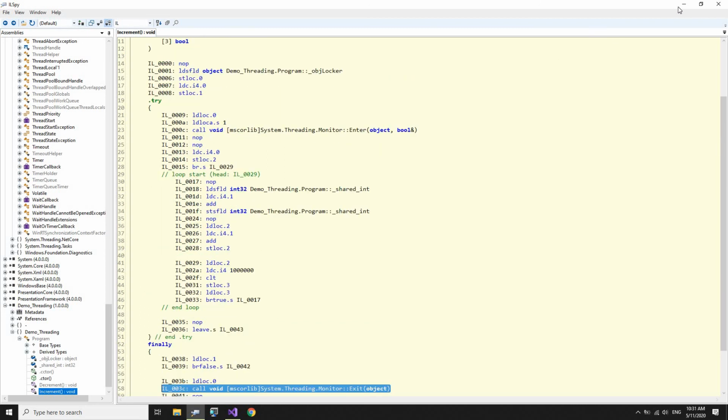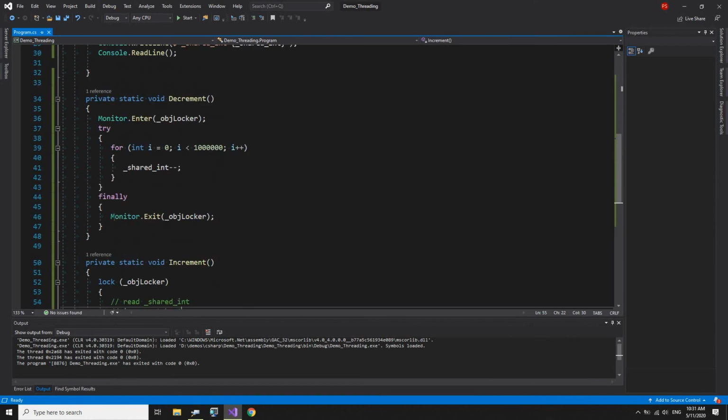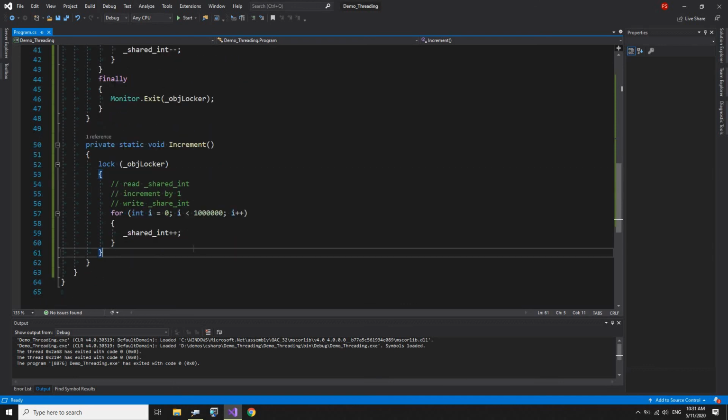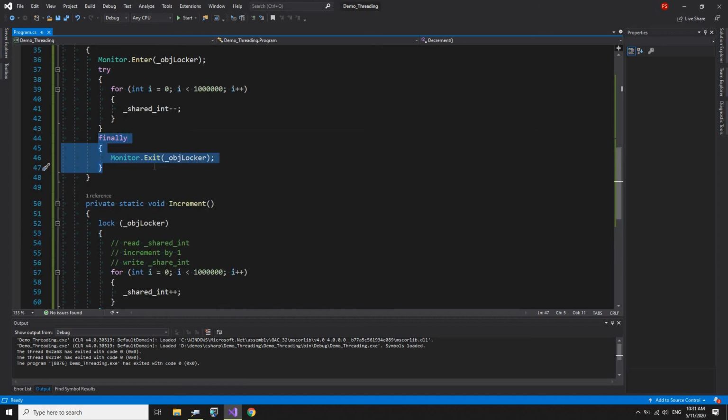Let's say we had it like this and there was no finally, and the code in the try block throws an exception, then we are never releasing this lock. And that's why this lock construct with open curly and close curly is very important. It cleans up, or releases our lock automatically, because finally is guaranteed to be executed. The code in the finally block will execute no matter if you get an exception or if you don't.